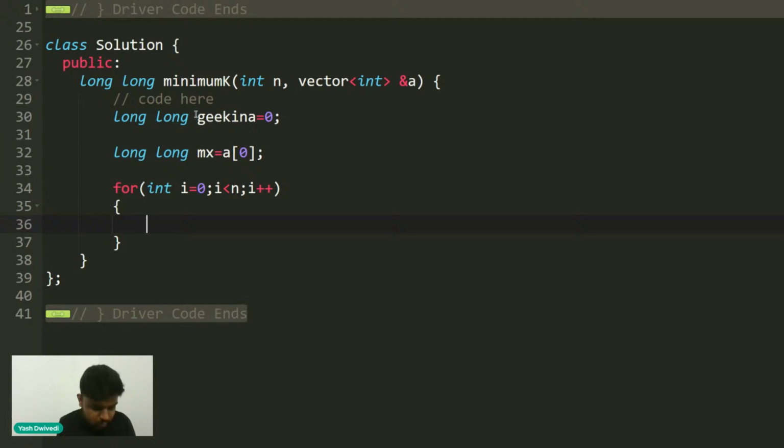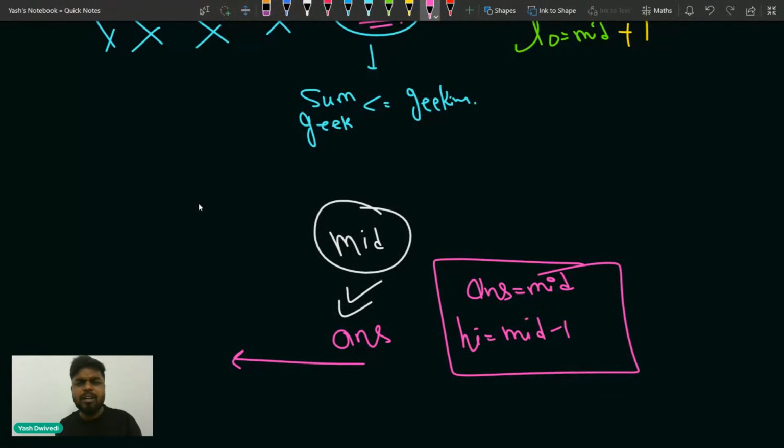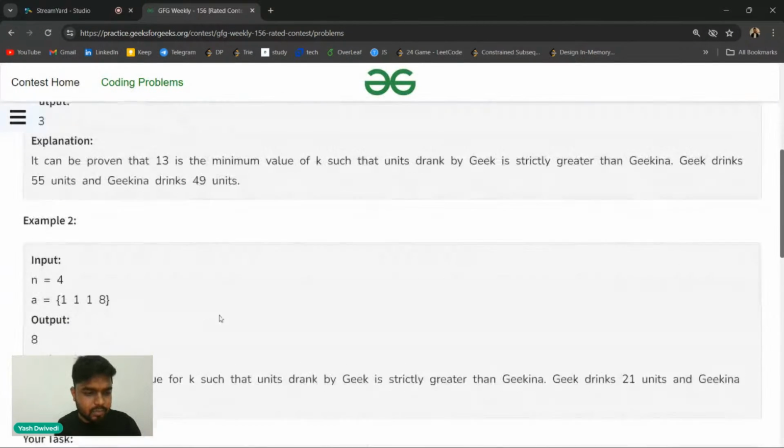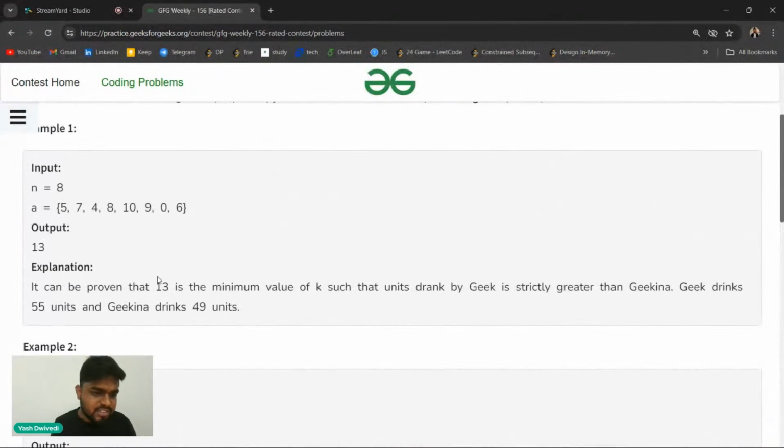So the test case 1 0 should be 0. Please explain which test case? The next problem you are asking, Amit, which problem? Second problem or third problem? Can we take the upper limit of BSD as sum of array is 49? Can we take upper limit? You can take it 4 times the maximum element, 5 times the maximum element. That would work. You can check this. Okay, second problem. What are you saying? Second problem, which test case?